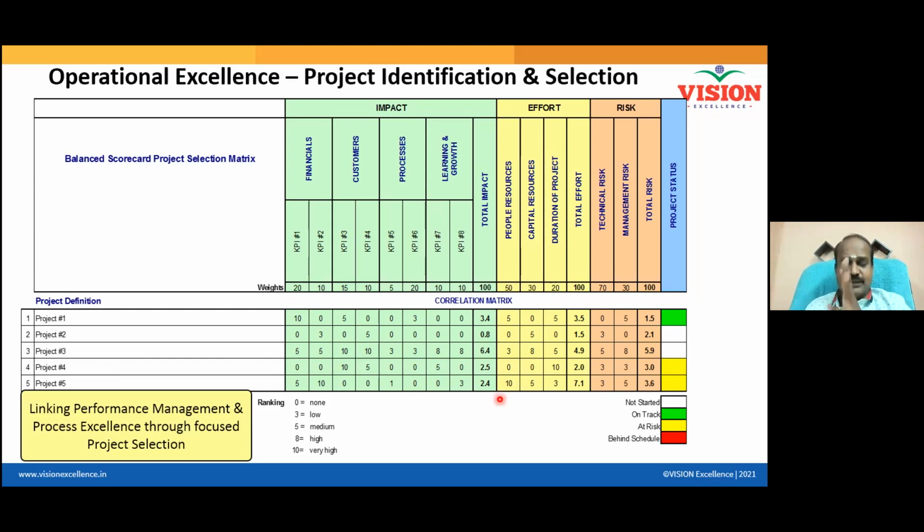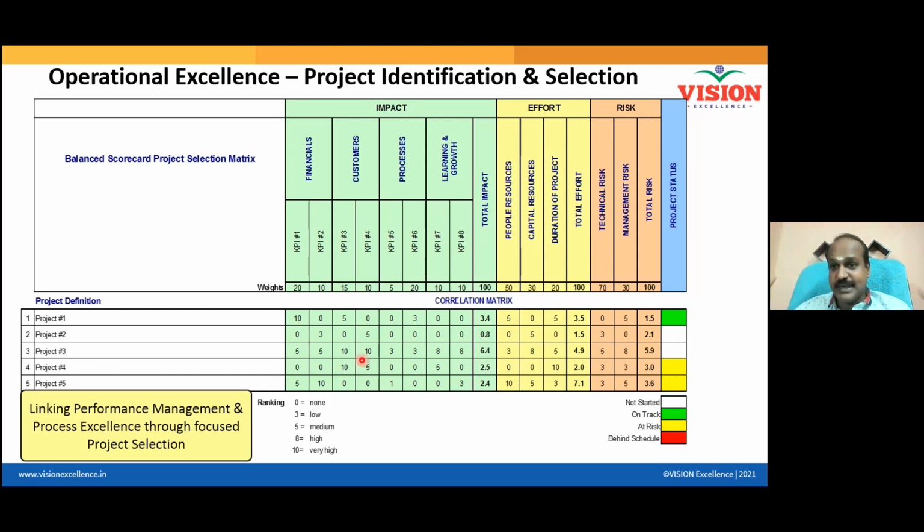Now the beauty is, one of you please answer me, where did these KPIs come from? From the Hoshin matrix. Very good. These KPIs are nothing but the KPIs in your balanced scorecard: finance, customer, process, and learning and growth. And where did we pick up the KPIs so that we can categorize them into finance, customer, process, and learning and growth? From the Hoshin matrix. So where are the projects listed in the Hoshin matrix from? Based on the organization strategy. Clear? So now we are simply ensuring that our projects align with the organization strategy.